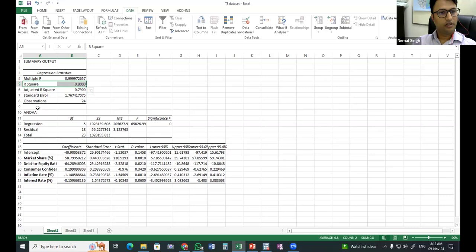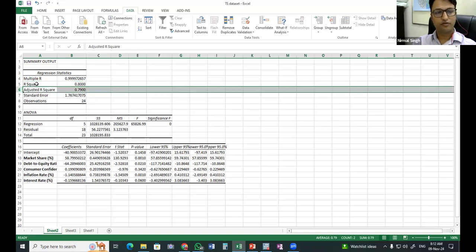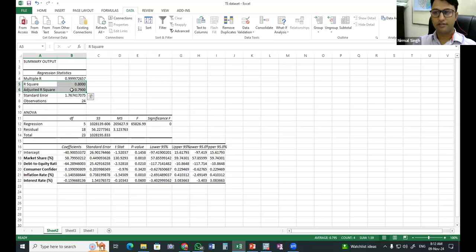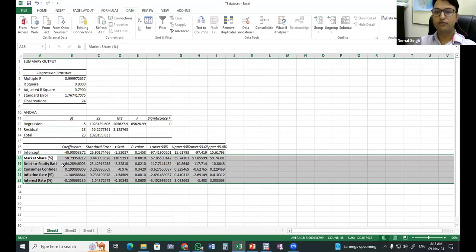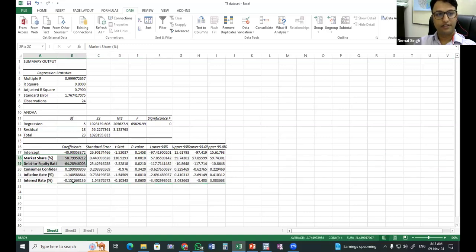Then we see the adjusted R square. First is R square, then the adjusted R square, which tells us what happens if we adjust for the degrees of freedom, meaning how freely these variables can move. If we adjust for that, this adjusted R square is still coming out to be 0.79, and that means 79% variation in our valuation is still explained by these 5 variables. So these are the first 2 statistics which we look at before we interpret the coefficients.